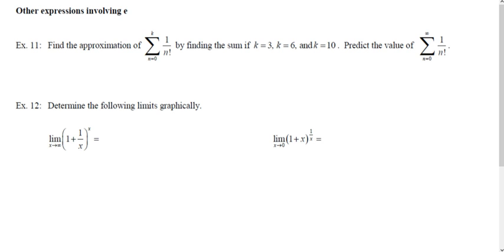Okay. Sigma notation, also known as summation notation. So for those of you seeing this for the first time, it's just a shorthand way of saying, I'm going to start with n is 0, and I'm going to go up to k, whatever k is. So if we do this, the sum as n is equal to 0 to 3 of 1 over n factorial,